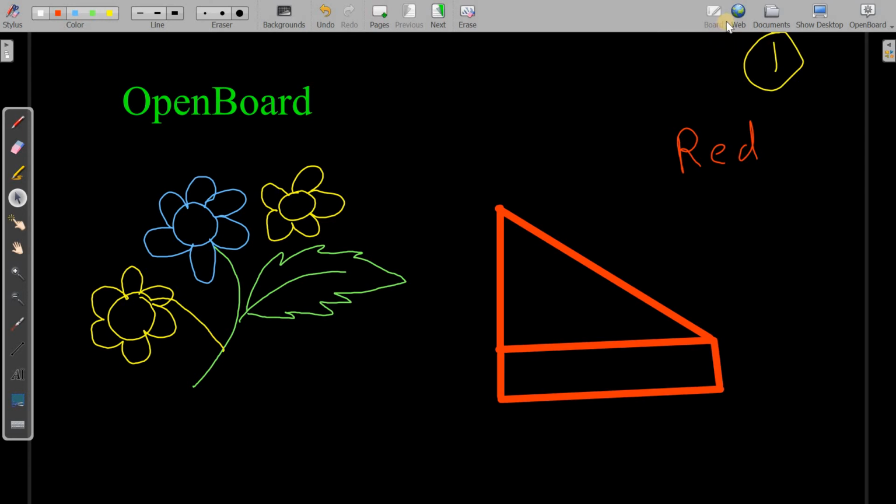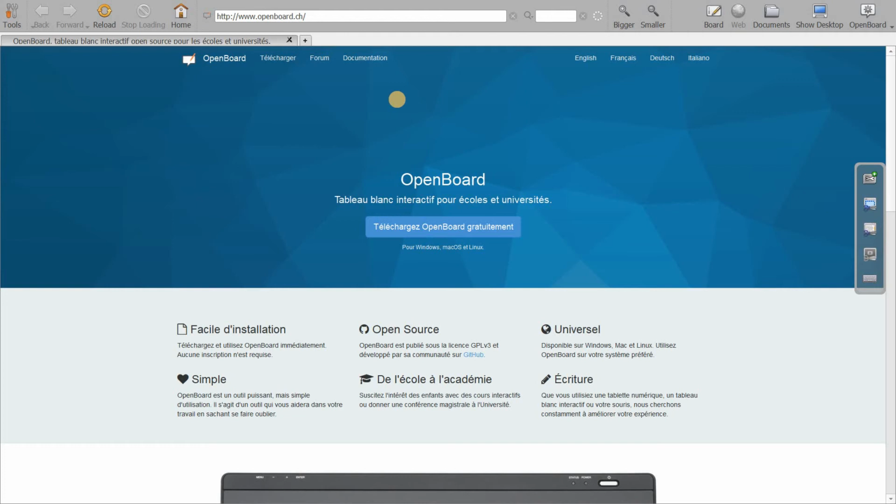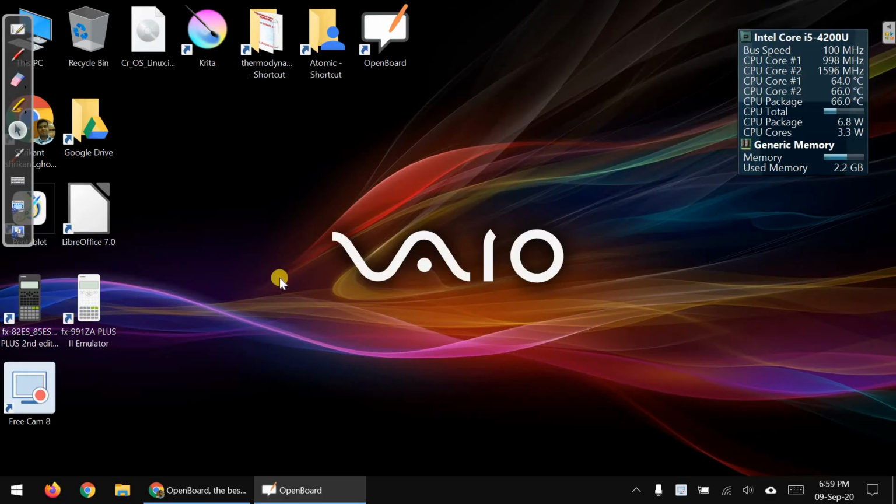Now there is another option. If you see here, these are the other options. Web, so basically it provides an inbuilt web, but it's not required that much, since there is another option, that is show desktop, which is my favorite. So you can access your whole desktop, and all of your open boards are hidden behind these small icons only. So now if I want to do something, I can actually do pretty much everything.